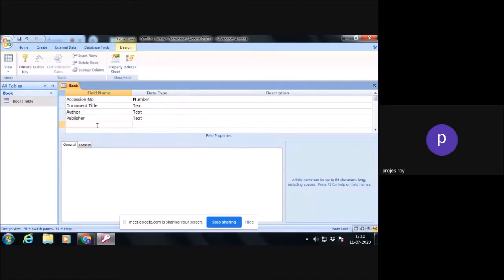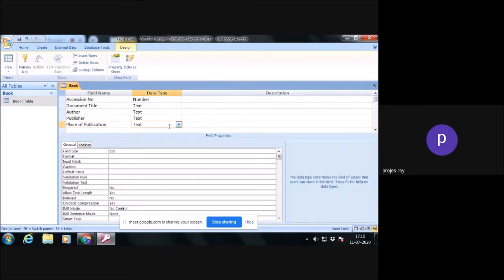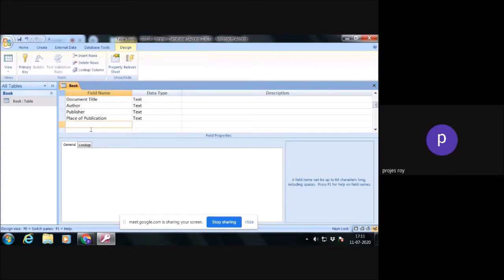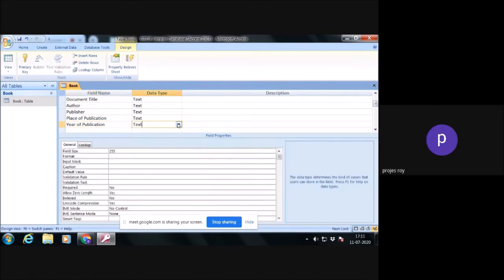It will be text. Then place of publication, it will be text, and it will be 30. It will be sufficient. Then year of publication. It will also be number.